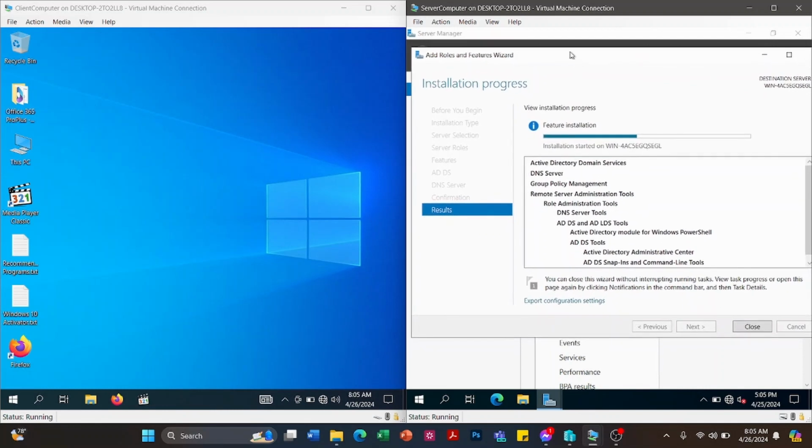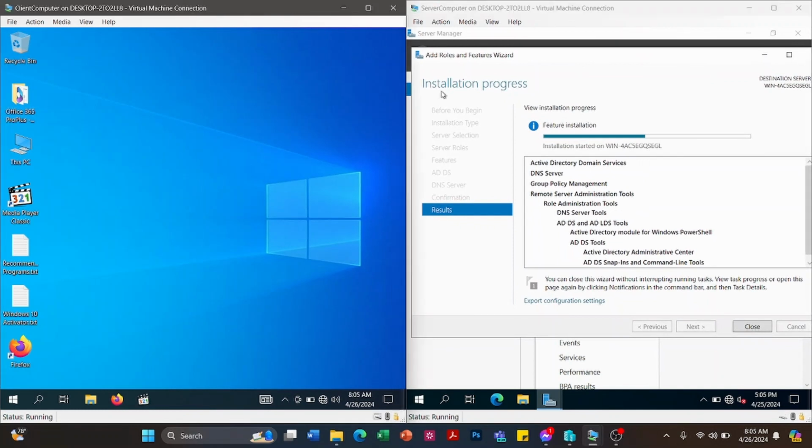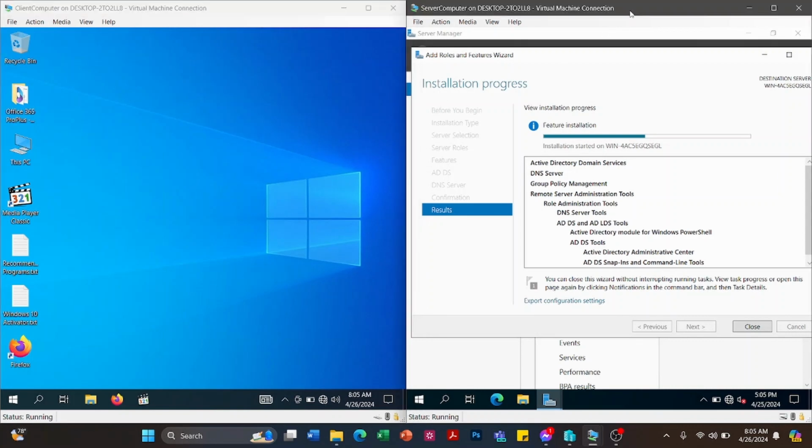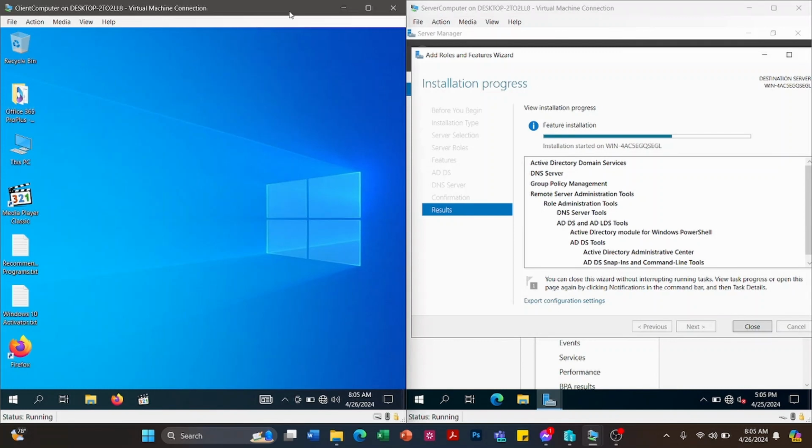As you can see, our virtual machine is faster. It's because we are using Hyper-V virtual machine software. VirtualBox is a good virtual machine software, but it requires higher computer specs. Unlike Hyper-V, I only have 20 gigabytes of RAM, but it can run both virtual machines smoothly for this tutorial.